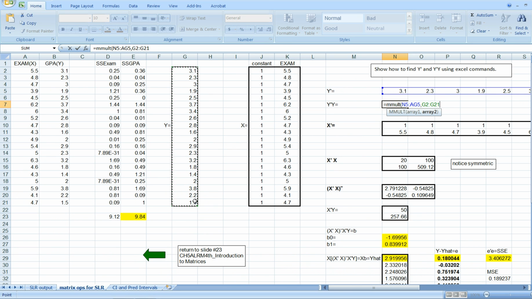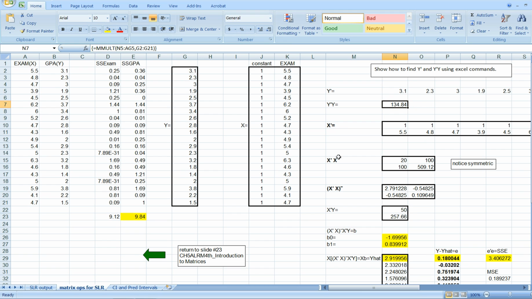Now again, I'm going to close that parenthesis, and I'm going to use Control Shift Enter, and when I do, I get 134.84. Convince yourself that if you took the y's, squared them, and added them up, you would get